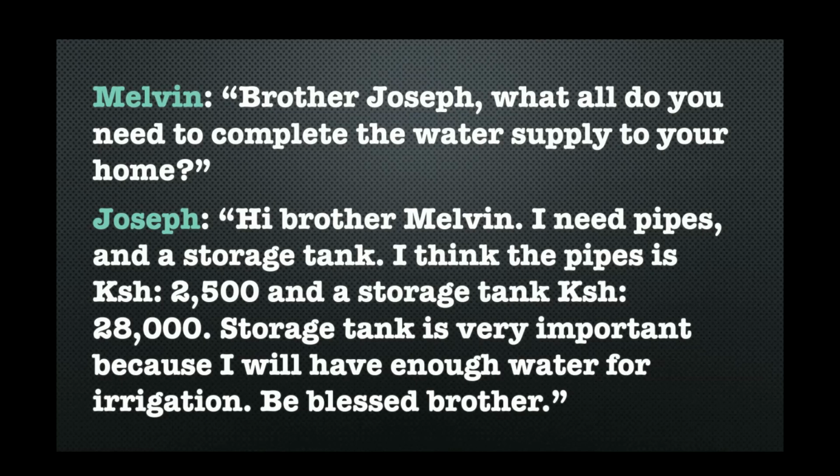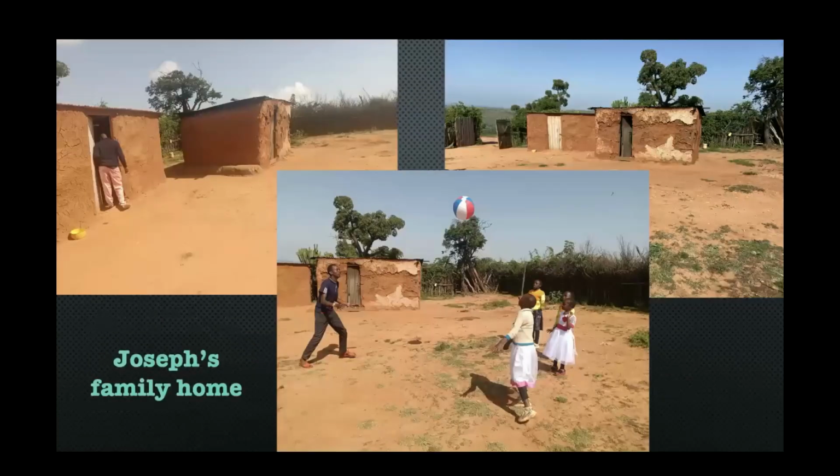$250 is what he needs. So this is the compound where he lives. He meets us and takes us to his home. And you can see in the picture on the right, there's a gate there. I told you, everywhere you went, there's a gate. And there's some kind of fencing, some kind of vegetation being used as a boundary. You can see that in the borders of these pictures.